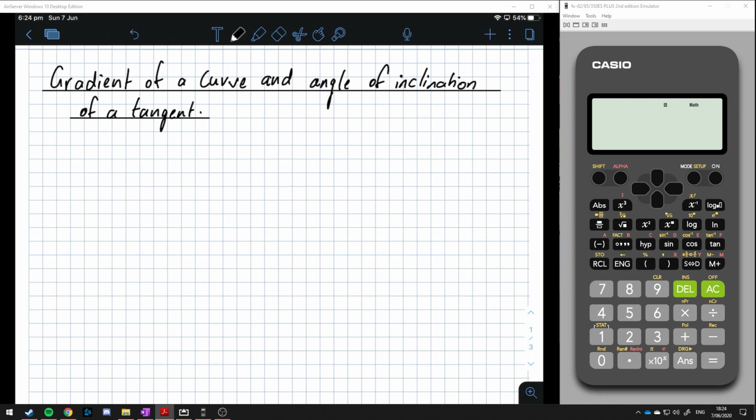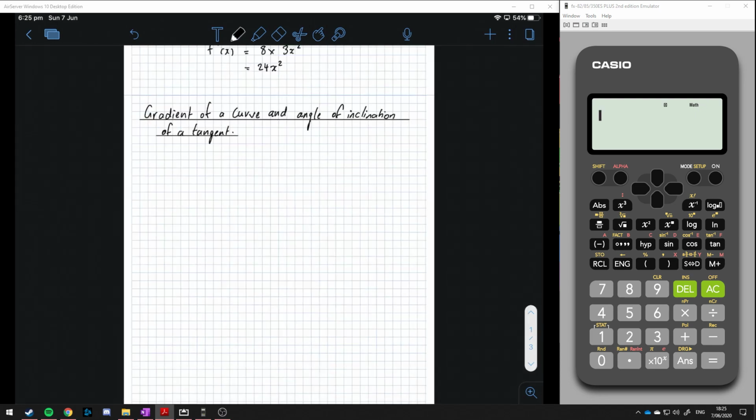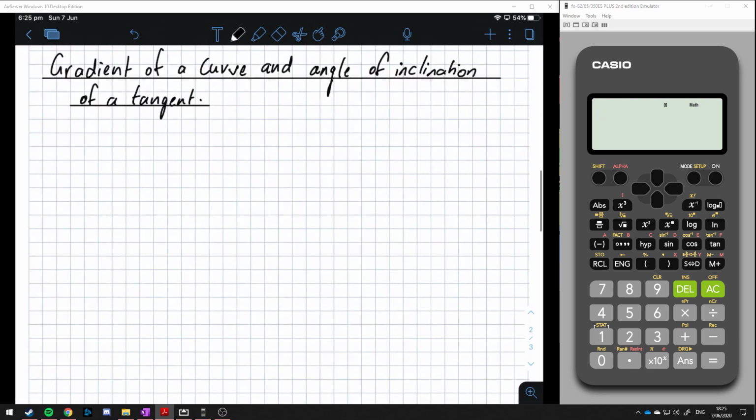So what we can do is look at the steepness of a tangent, and it can be expressed either by giving its gradient or by giving its angle of inclination. Now remember, earlier we looked at the angle of inclination, where tan alpha is equal to the gradient, so we'll be having a look at that, or we could also use the gradient. We could be asked for either one. So what we might quickly just write down is